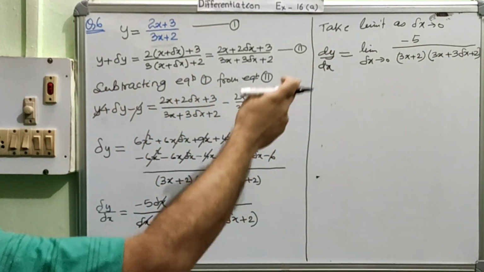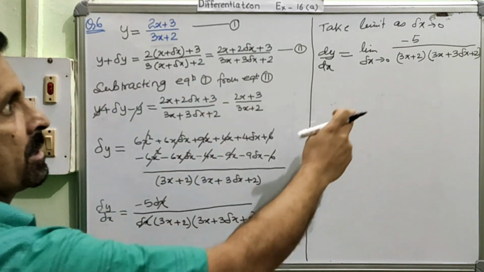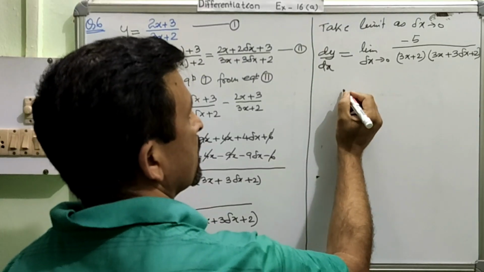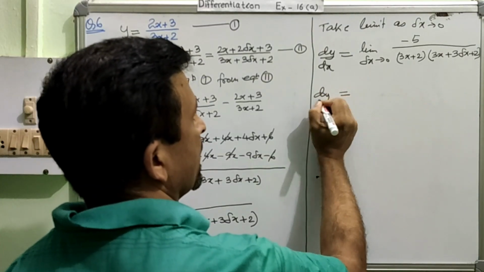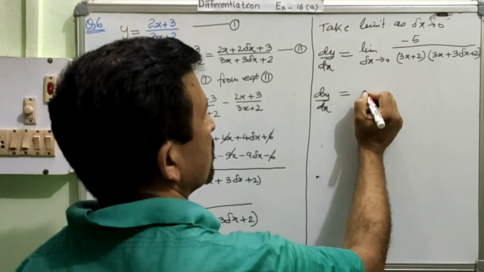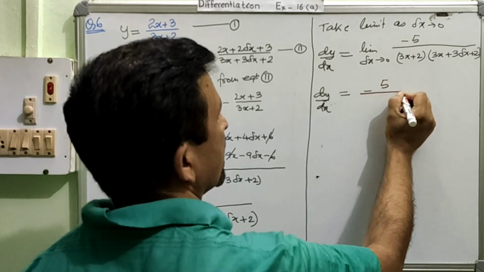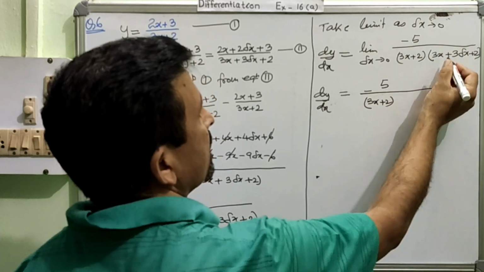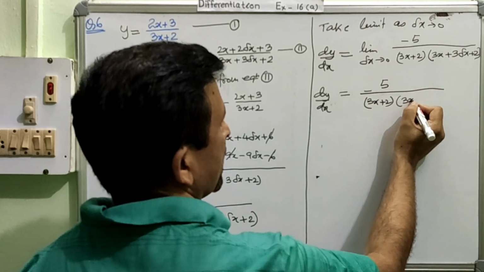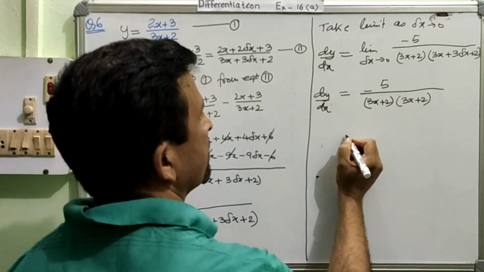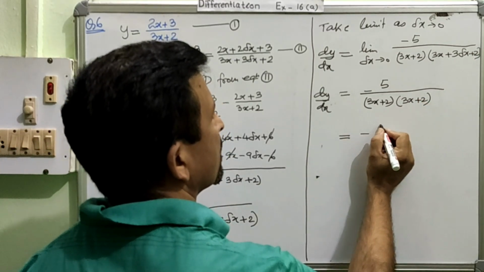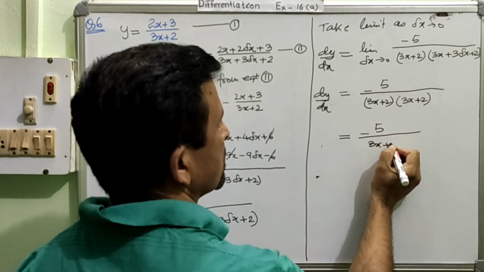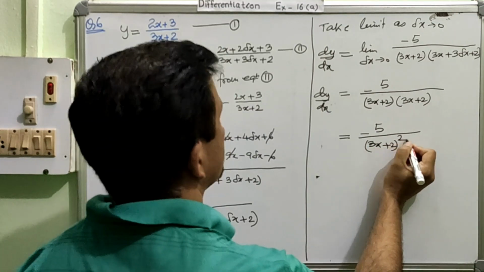Can you cross check it? Is it fine? Now we will take the value. So wherever you find this term, that part will become 0. So it is now dy/dx is equal to −5 divided by (3x+2), right? And then this also will become (3x+2). Both the terms are same, so we can write this in the exponential form, and this becomes (3x+2) whole to the power 2.